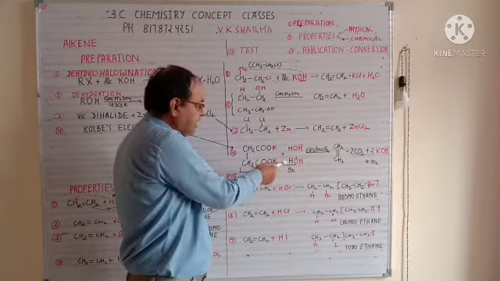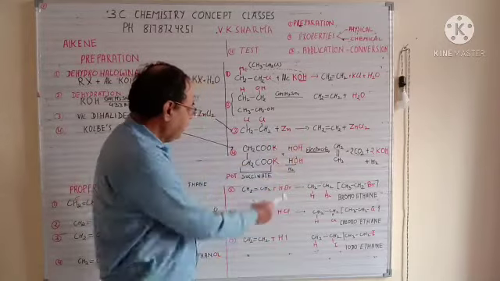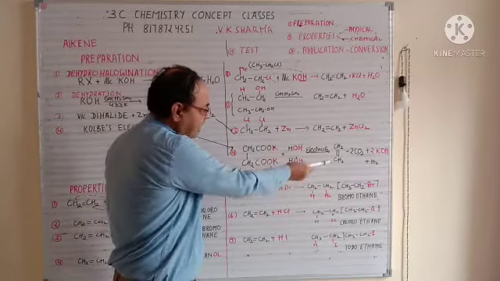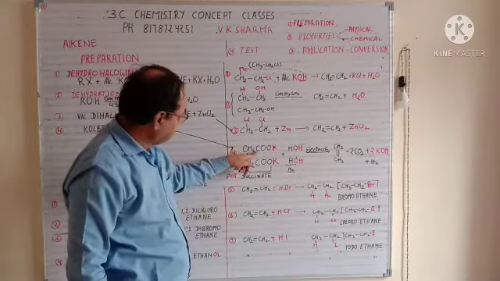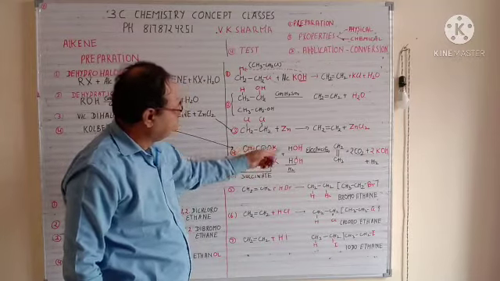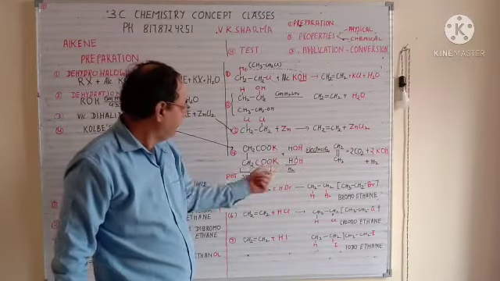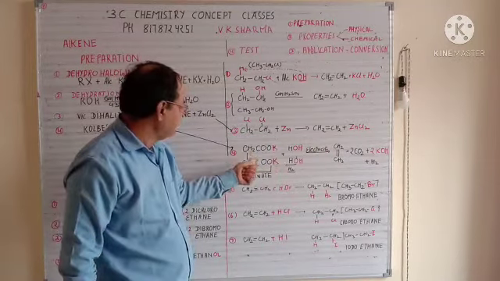this OH and this K will give you twice KOH. This H and this H will be removed as hydrogen, and this CO2 will come out as CO2, so twice CO2. Left behind is CH2 and CH2, which ultimately come into a double bond. So your reaction: potassium succinate will react with twice HOH in the presence of electricity, that will give you ethene plus twice CO2 plus twice KOH plus H2.